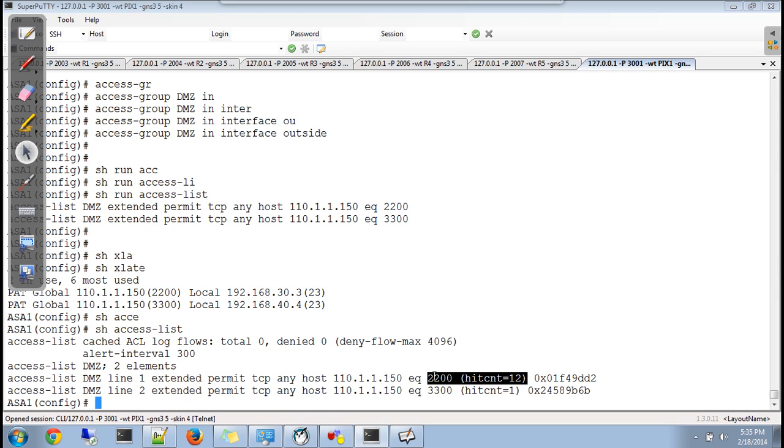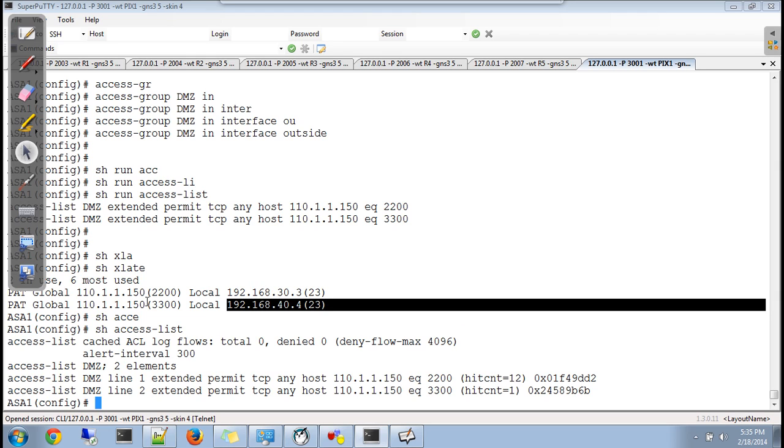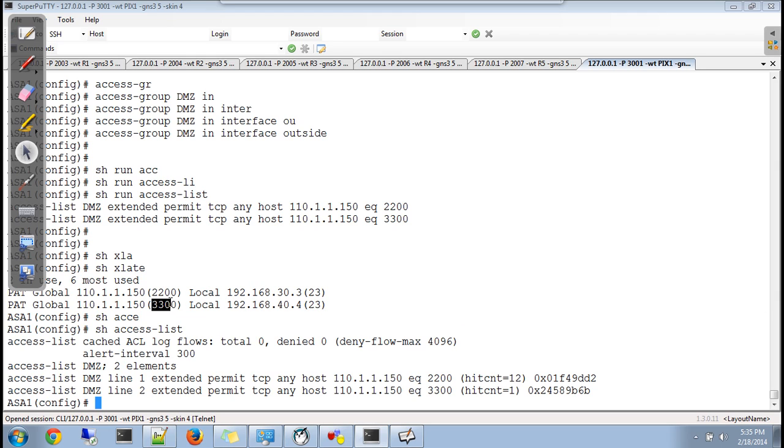This is your static PAT. You're using the same IP for two different servers, but on the basis of two different ports. Fine.